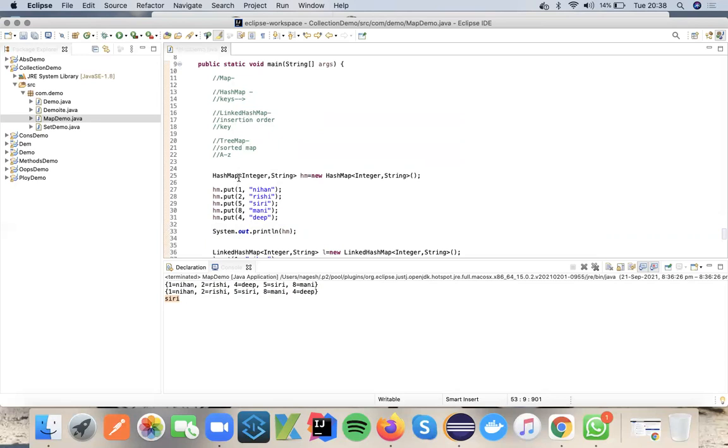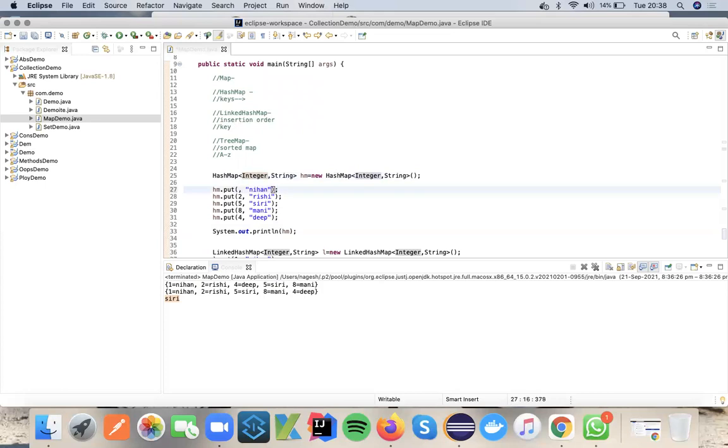Right, here if you see the declaration HashMap of Integer, comma String, yesterday we defined a set and a list where we added only one value. Here we are adding two values, that is nothing but whatever the value that you are storing as a key, that should be integer, it will evaluate.